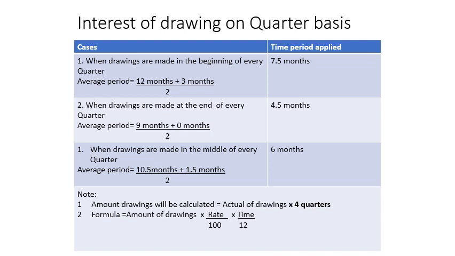Here you may observe that when I am talking about the beginning of every quarter, I am talking about 1st January, 1st April, 1st July, 1st October. But when I am talking about the end of every quarter, it means the end after the 3 months. 1st January to 31st March, that means 31st March is the end period. And April to 30th June, that means 30th June is the end period. And now 1st July to 30th September, then 30th September is the end period.